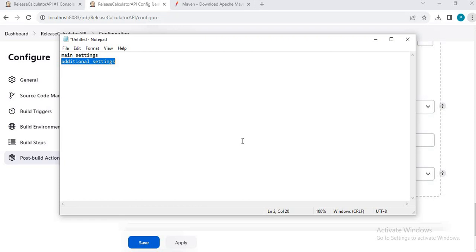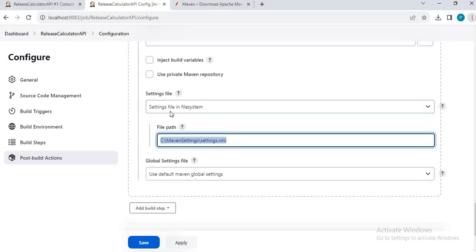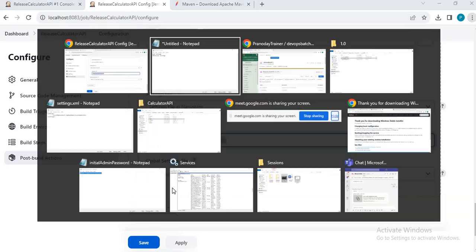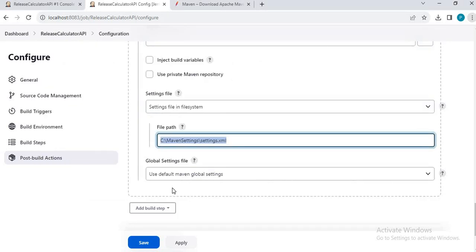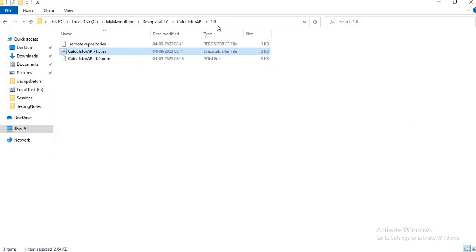Whatever you have not mentioned would be taken from the main settings file, and only the ones you wish to override would be taken from the user settings file. So we have provided our user settings file here. That's what we have done, and then we triggered the job, and that job performed all the Maven goals, and we got our library released here.